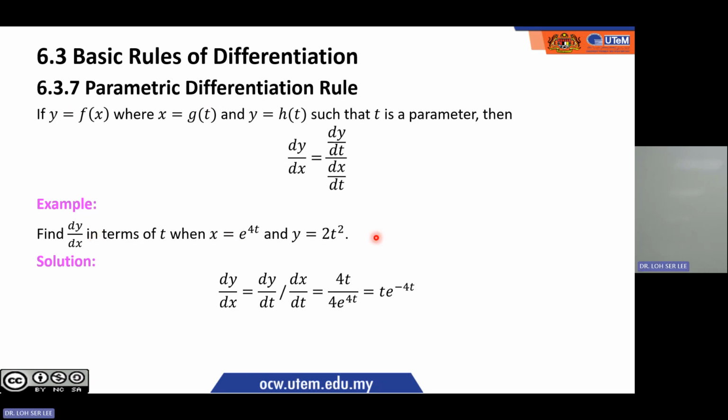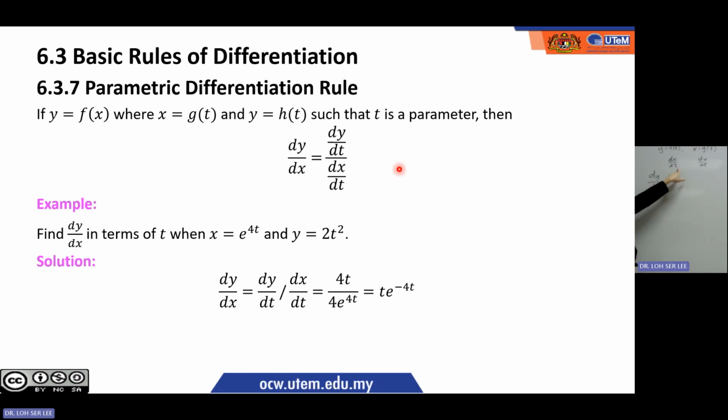So this is actually the formula. But how to get this formula? This comes from the chain rule. See your dy/dx, but your y is in terms of t, and x is also in terms of t. So we can get dy/dt, and we can get dx/dt. Okay, that means the